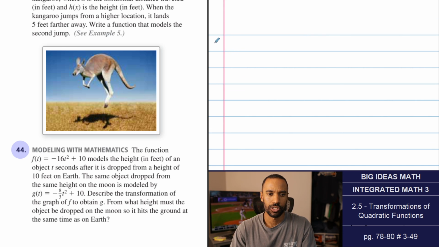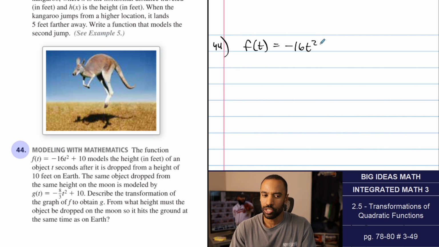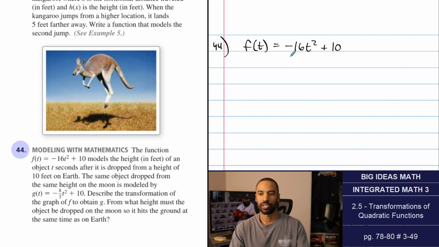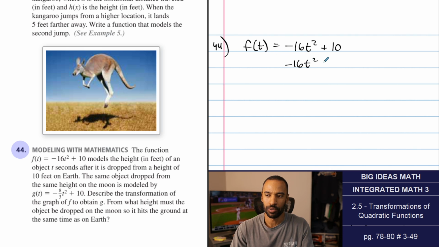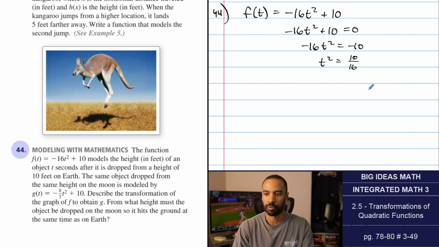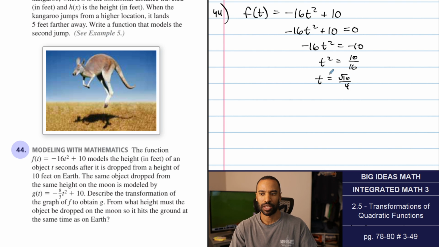Like, this is still number 44, right? So we have, let me rewrite these. F of t, these are fine to solve algebraically because they're easy quadratics. Basically, if I set this thing equal to 0, then I can subtract 10 from both sides. I can divide both sides by negative 16. And listen, I could simplify this, but by taking the square root, this will turn to 4 on bottom. So I'll get root 10 over 4,